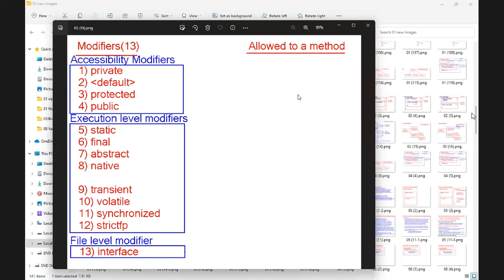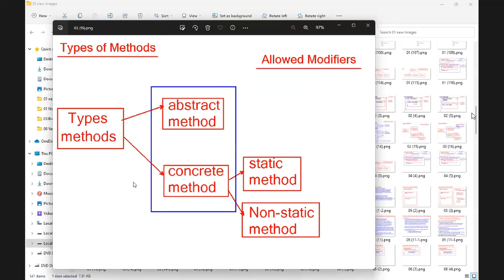On an abstract method, we have only one control. What? No logic. The logic is in the subclass and execute that logic only from the subclass. That point is talked about by whom now? The abstract keyword. The abstract keyword tells us don't have logic; have the logic only in the subclass and execute only from the subclass. Guys, understand my word? So the remaining keywords are meant for other purposes. So to the abstract method, the only allowed keywords are how many? 4: default, protected, public, and abstract. Only these 4. Other than these 4, anything you write, the compiler will throw an error. Point number 1. Everyone agreed?